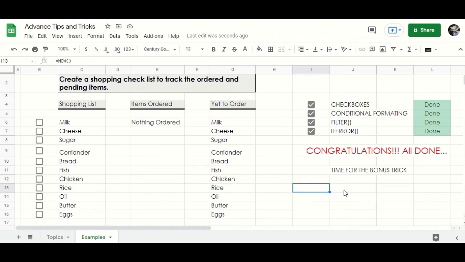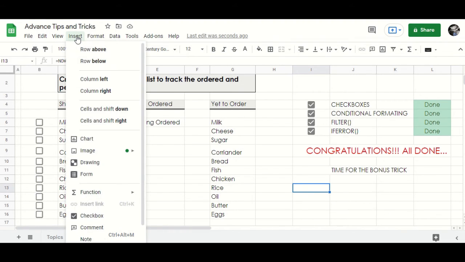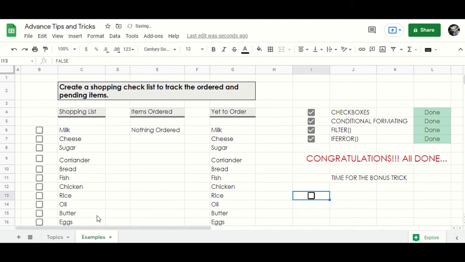So let's begin by setting up 4 checkboxes here. Select the cell, click on Insert, and then click Checkbox. Now let's get the other 3 checkboxes.